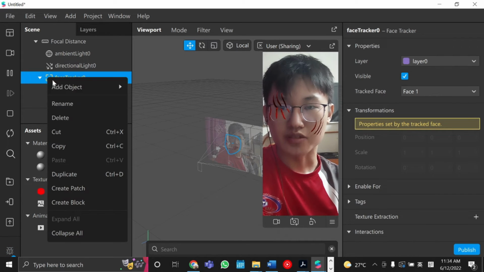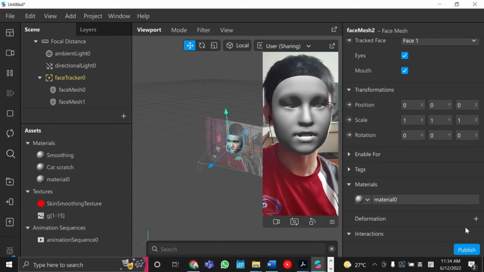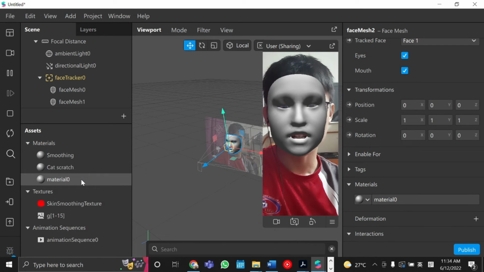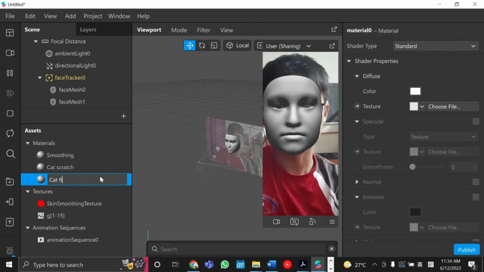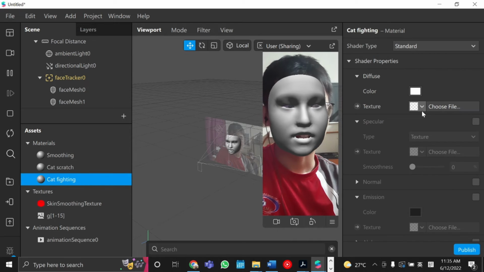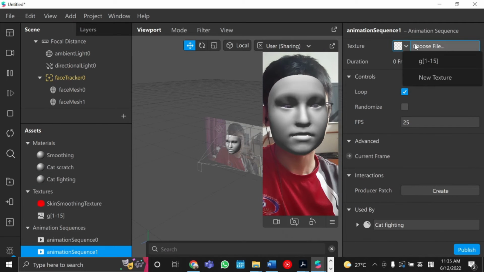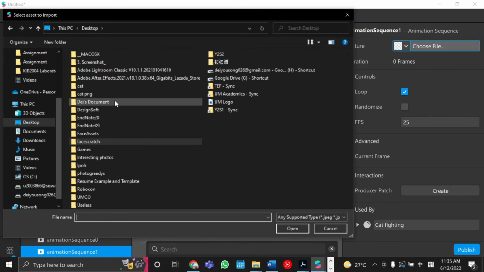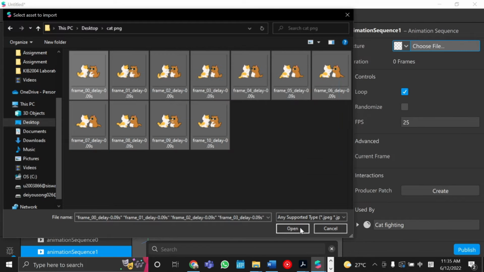First we have to add an object, face mesh, and a material, and rename the material as cat. And choose the animation sequence, choose the file, select all the pictures,